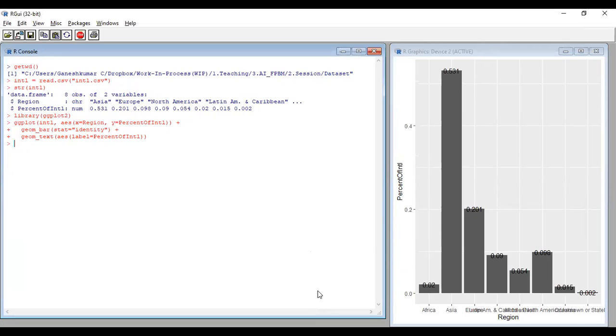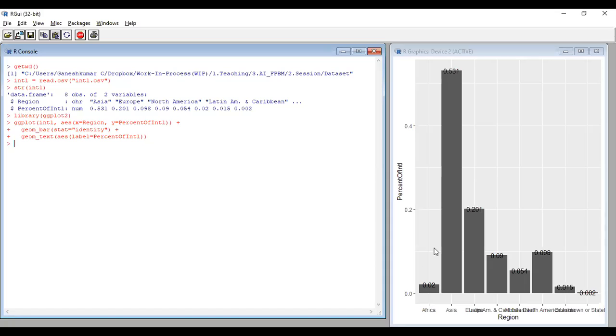If you look at the x-axis, it is arranged based on the alphabetical order from Africa onwards, A, B, C, D. But if we want from highest value to lowest value, we have to use something different, which I will tell you. On the y-axis, 0 to 1 is arranged. If you want it customized, we can do it. This is not attractive, so we'll try to modify this output.